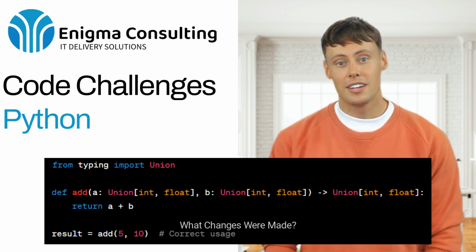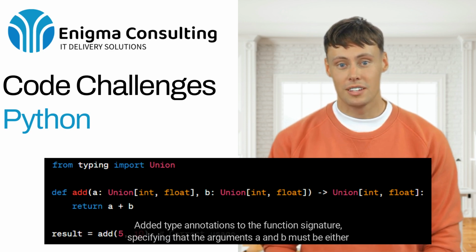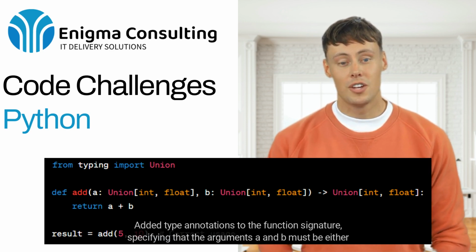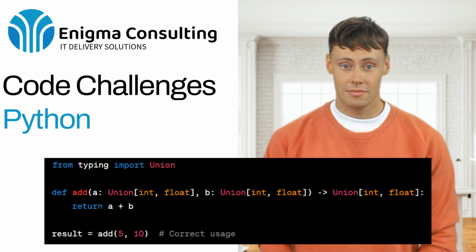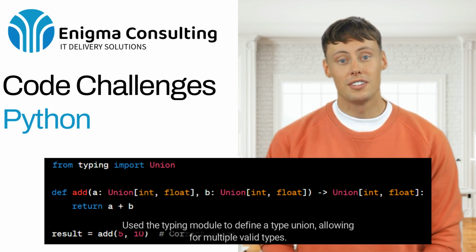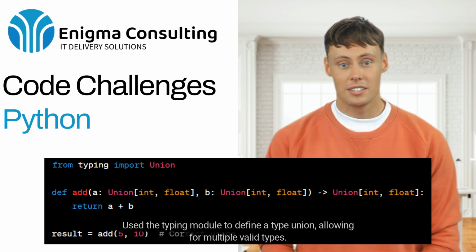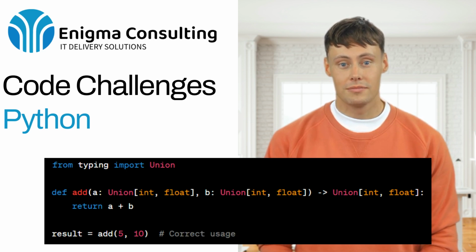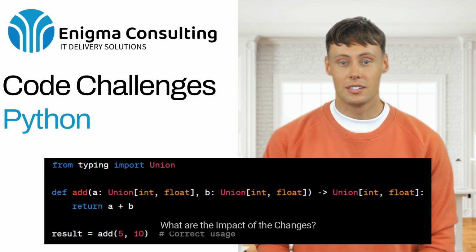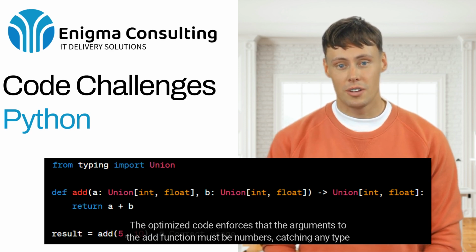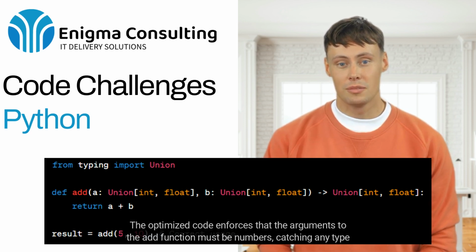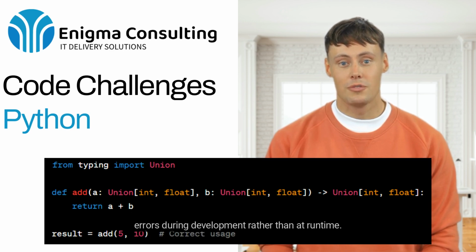What changes were made? Added type annotations to the function signature, specifying that the arguments a and b must be either integers or floats. Use the typing module to define a type union, allowing for multiple valid types. What is the impact of the changes? The optimized code enforces that the arguments to the add function must be numbers, catching any type errors during development